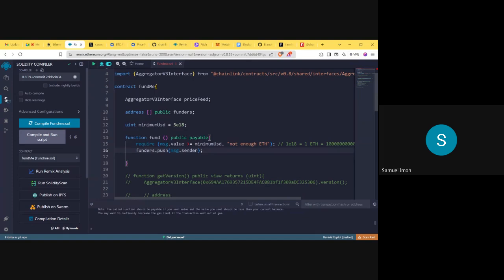Message of sender is different from message of value. Message of value gives us the amount of the transaction that's been taking place. Message of sender is the address that executes this function. So that's message the sender. It's actually the address that executes the function. So for example, let's